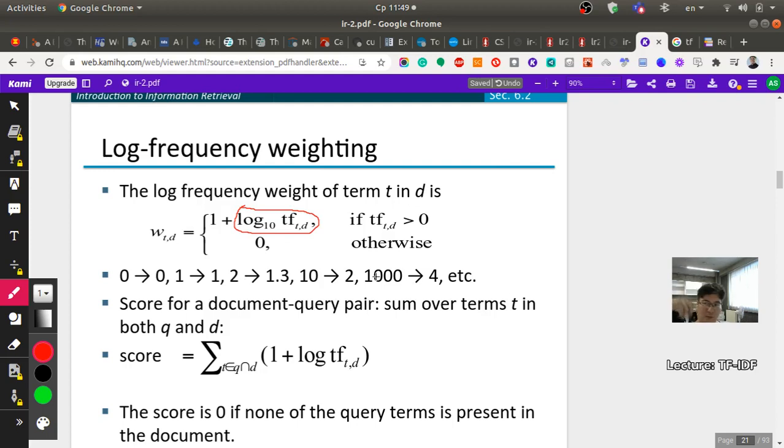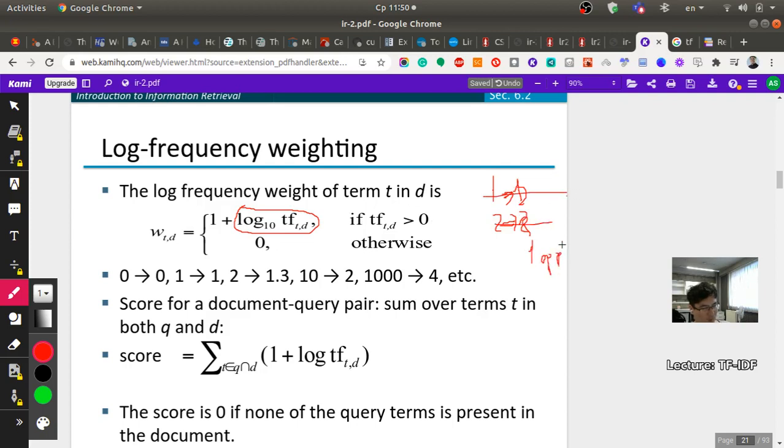Sometimes in some documents you will have thousands of some word, but in others 100. If you do not use logarithm, 1 will be 1 and 2 will be 2, and then maybe 3. So if you have, for example, one